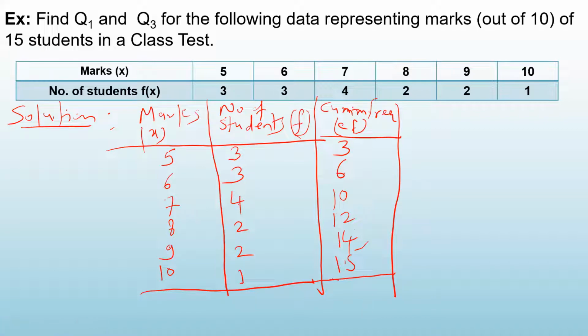Find the value of capital N. What is capital N? Total values in the data. How do you calculate that? Add all the frequencies. Summation of frequencies. Where is the frequency column? Look at this. This is the frequency column. Add this. What are you going to get? 50. Correct. So you get 50. Okay, so second step is over.